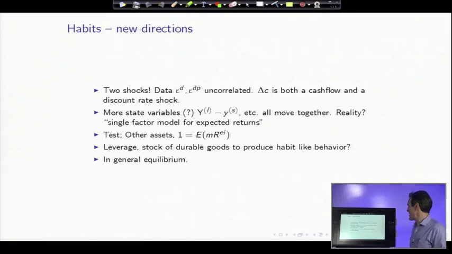It needs tests, it needs other assets. And the thing we've called habit works fine, but it could stand in for all sorts of things. In particular, leverage. We've seen in the financial crisis that as people lose money relative to the amount they've borrowed, they get more scared. Perhaps writing it in terms of leverage or a stock of durable goods, those all produce habit-like behavior. Those foundations might be more palatable than the habit. And finally, of course, it needs to be put in a serious general equilibrium with production. There's plenty to do, but at least it's an interesting new direction that captures a lot of the features we've seen in the data already.